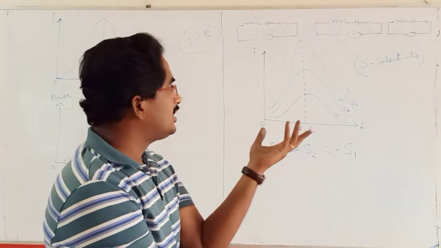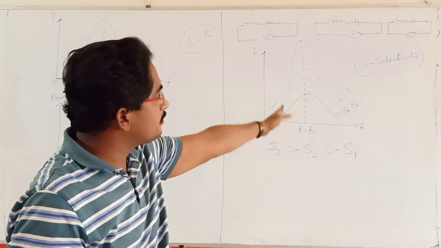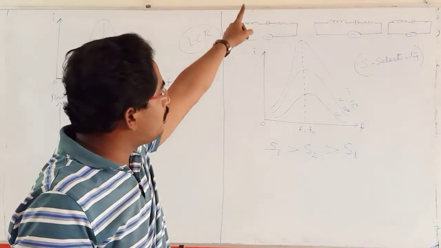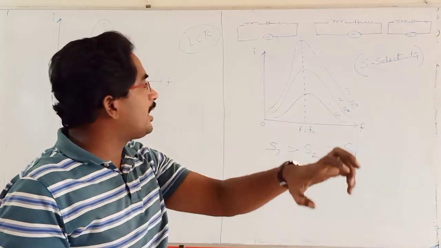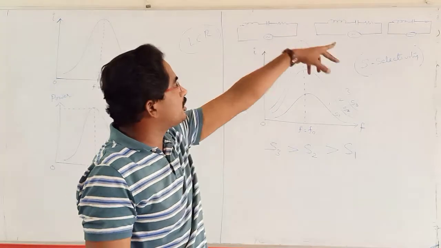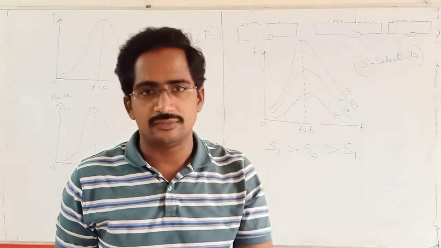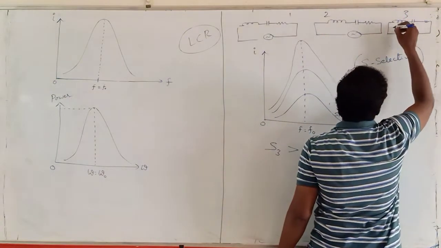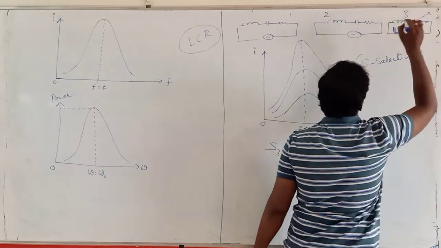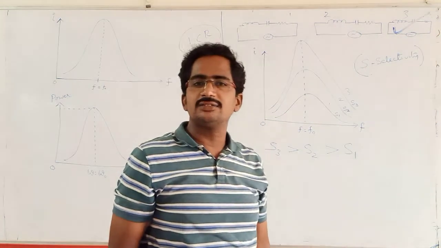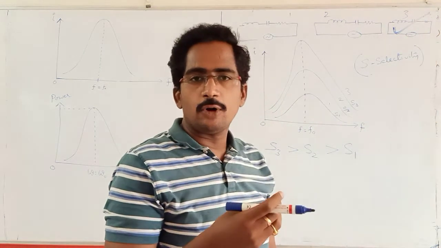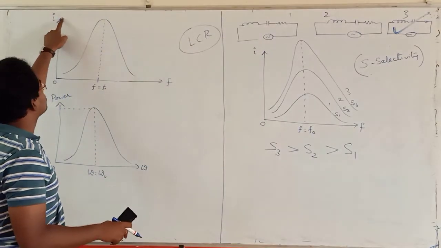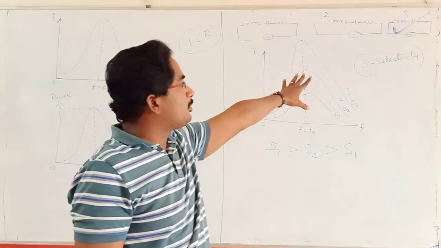In the resonance curve, whichever has more sharpness, that we prefer. So among these three circuits, which one do I have to select? The third one. It is first one, second one, third one, but the third one is preferable here, because at the same frequency I can produce more power and more current. More power and more current. By that the third one is preferable here.